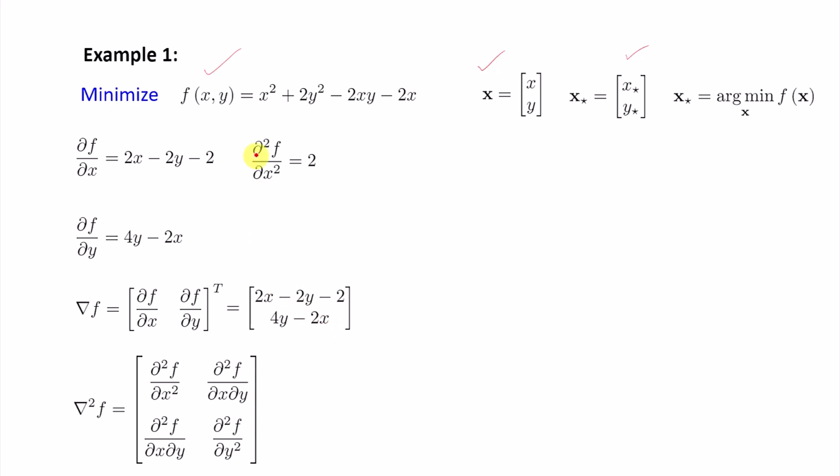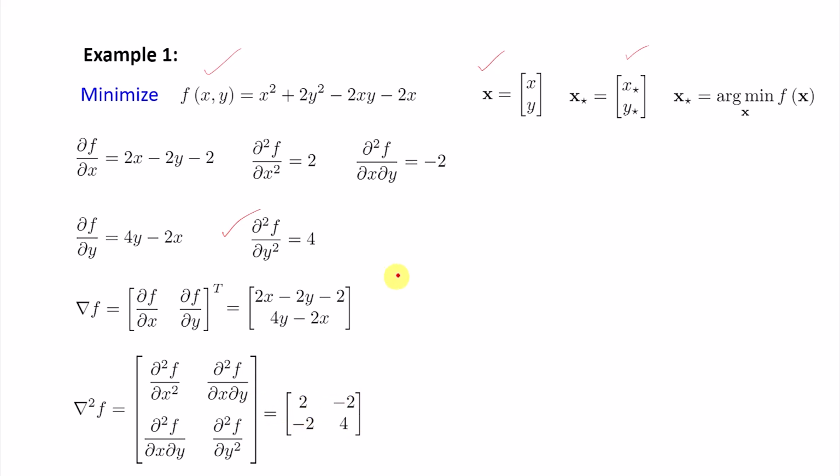To get the double derivative, first of all, I take another derivative of ∂f/∂x, and I get ∂²f/∂x² equals 2. Similarly, I take a derivative of this with respect to y, and because of this negative 2y, I get minus 2. Similarly, here I need the double derivative of f with respect to y. If I do so, then I'll get 4. So now I can plug in all the values over here, and I get 2, negative 2, negative 2,